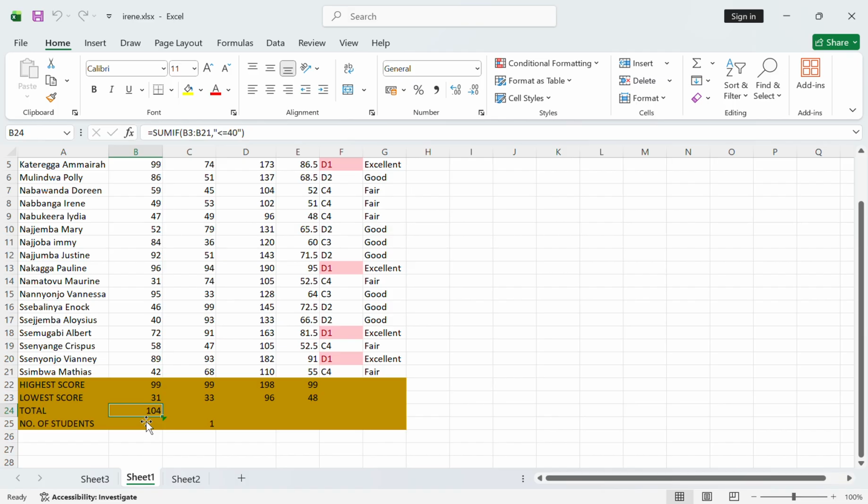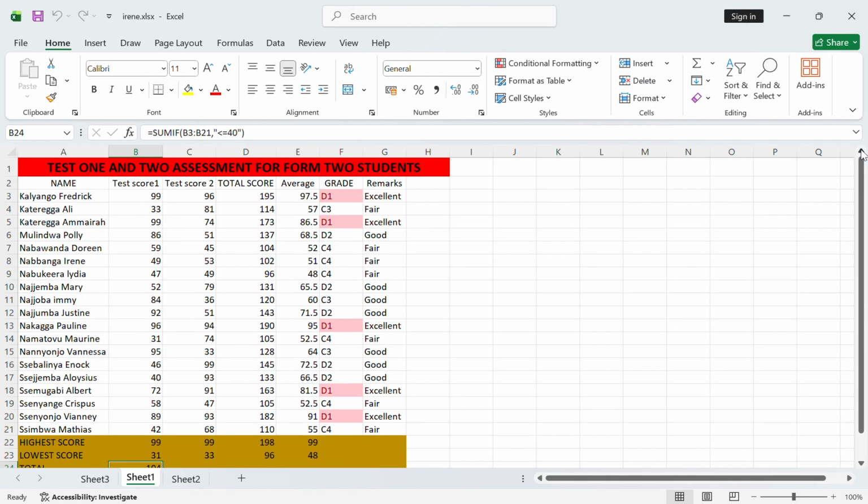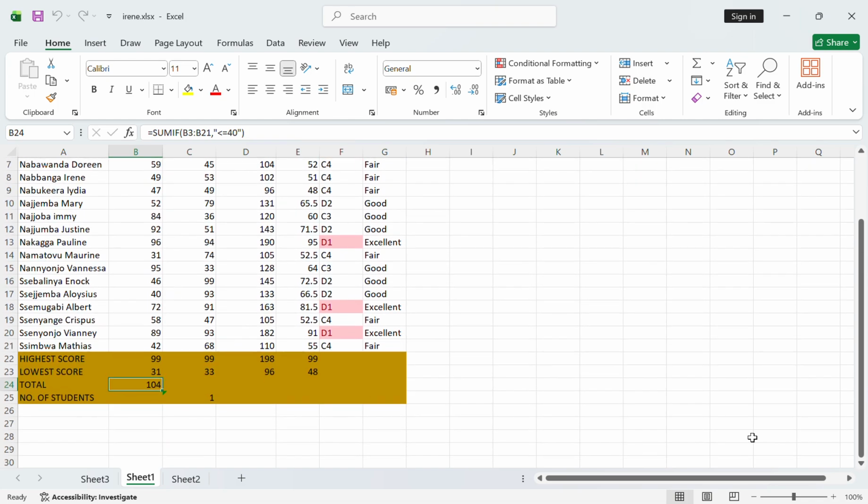Maybe you want to sum up the scores of students who are less than or equal to 40. We can do it easily with Microsoft Excel. In this formula, I said sum, I selected a range, and then I put less than or equal to 40, and after putting that function, I click enter, and then it displays